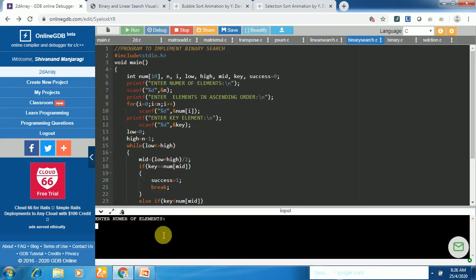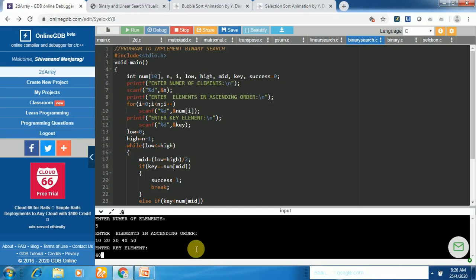Enter the number of elements. So let us take it as 5 and enter the elements in ascending order. So let us take it as 10, 20, 30, 40, 50. Enter the key element to be searched. So this time I'll take it as 40.